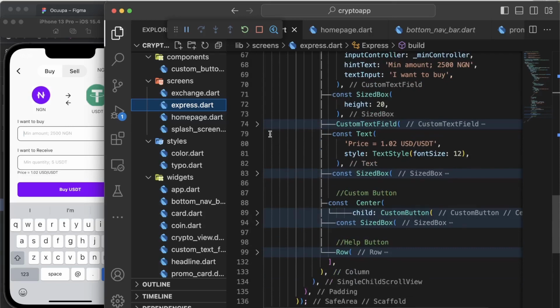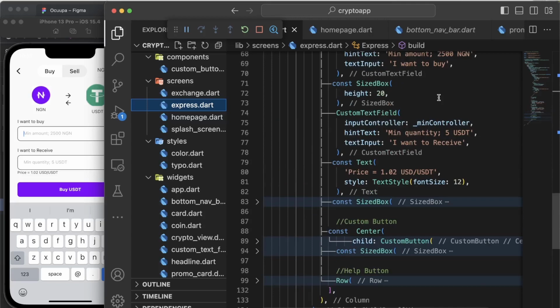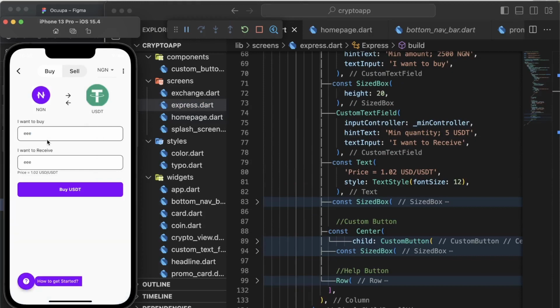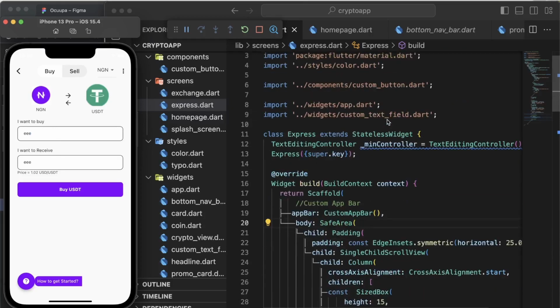Then we open this. So it's controller. So we are giving both, I want to buy and I want to receive, the same controller. So anything we type here, it will also automatically apply here. Right now, because it's still the same input controller. So in case we don't want this, we have to give it a separate controller. We have assigned a separate one. So let's just do that up there. For example,